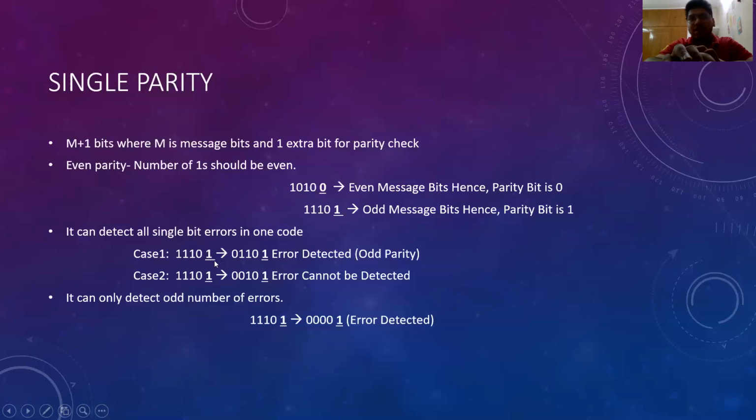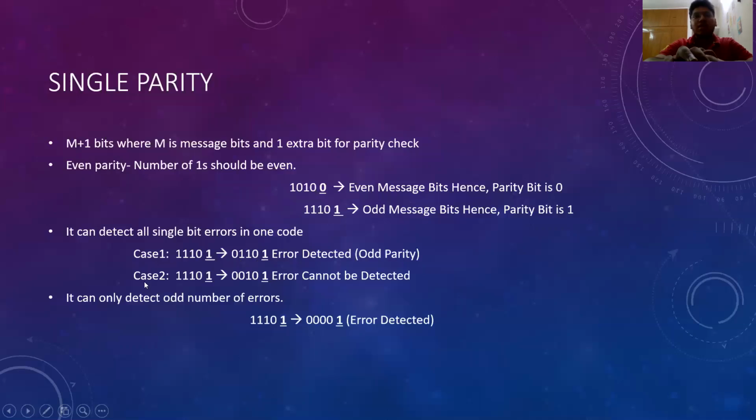The receiver receives this message and checks for the even parity. Checking for even parity means there should be an even number of ones. Are there an even number of ones? No, there are 3 ones, which means there is an error. All right. So the receiver knows that there is an error.